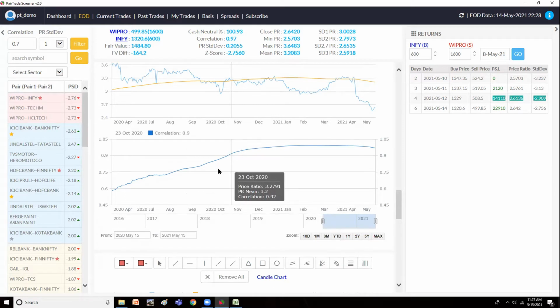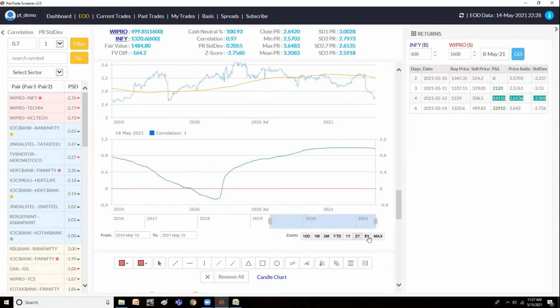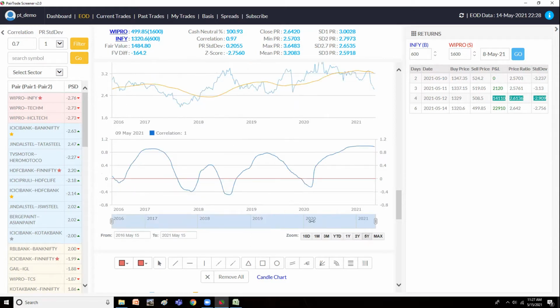And this is the correlation chart, which will display how the correlation has moved on a day-to-day basis. So this is 1 year, and I can look at the 2 years. If you see here, it has dropped to the negative also. That means if one stock was going up, the other stock was going down. So that kind of a relationship this pair had earlier. So in the 5 years term, if you see, this is a pattern which is happening here. So it is going up and down. So we can presume that the correlation would slowly come down and may go towards the negative territory.